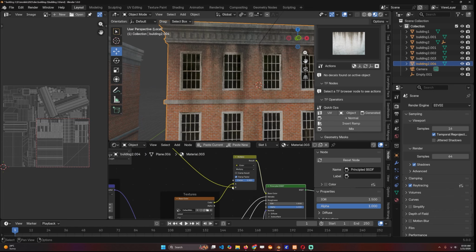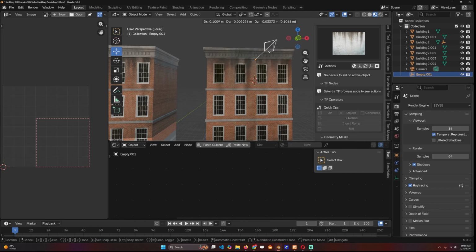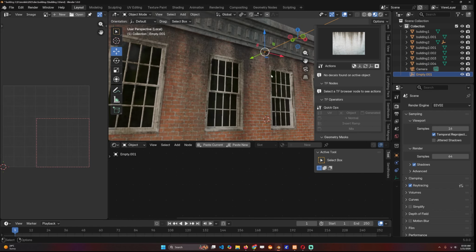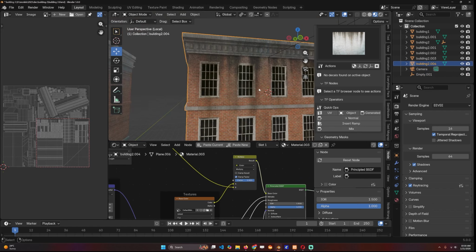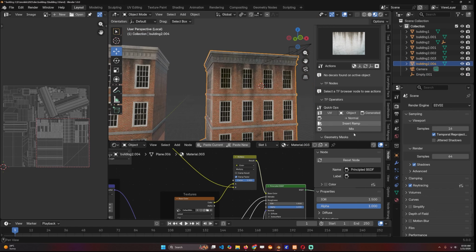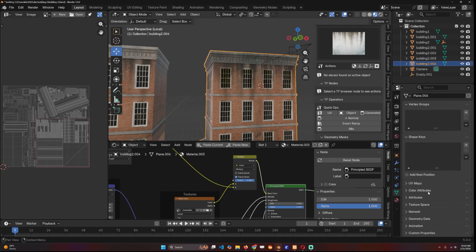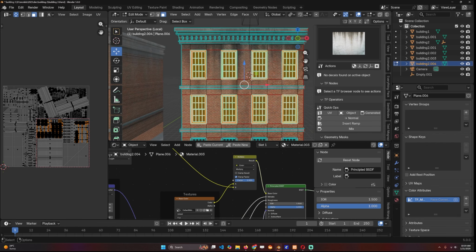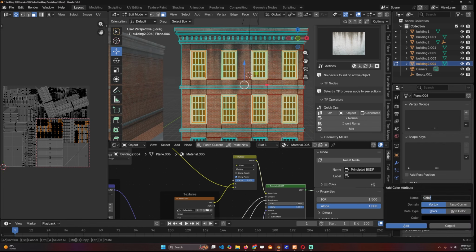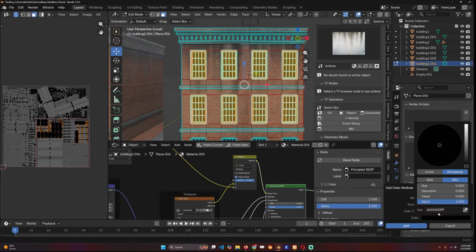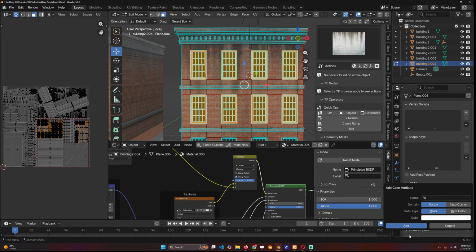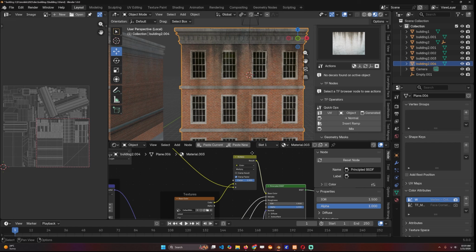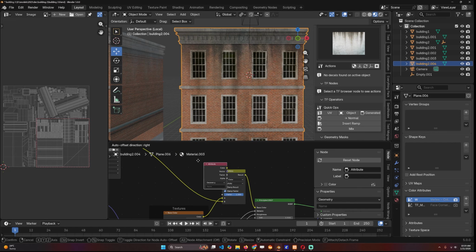So yeah, you can see what I have, but you can see it's going over the windows, and I don't want that. So the quickest way is to just use the vertex color attributes, and you can select the windows, and good enough, I have them already selected. You can create a new map, and I'll call this W for windows, and set the color to white maybe. And okay, now I can just bring that attribute here,